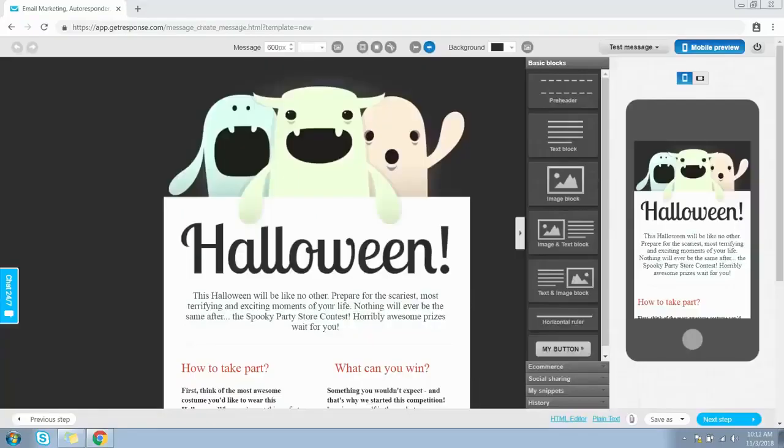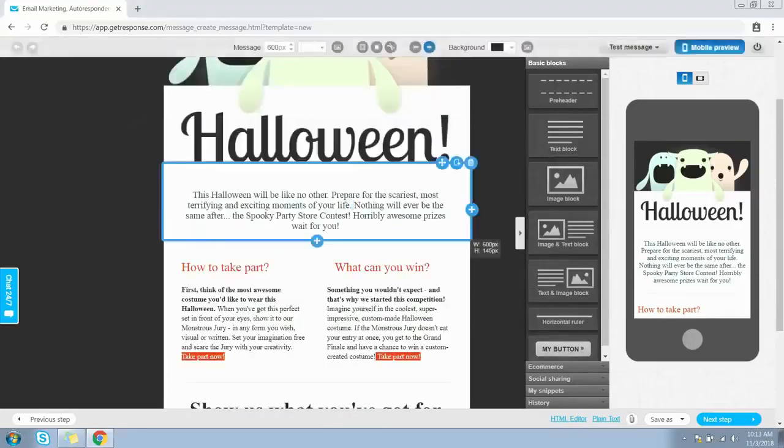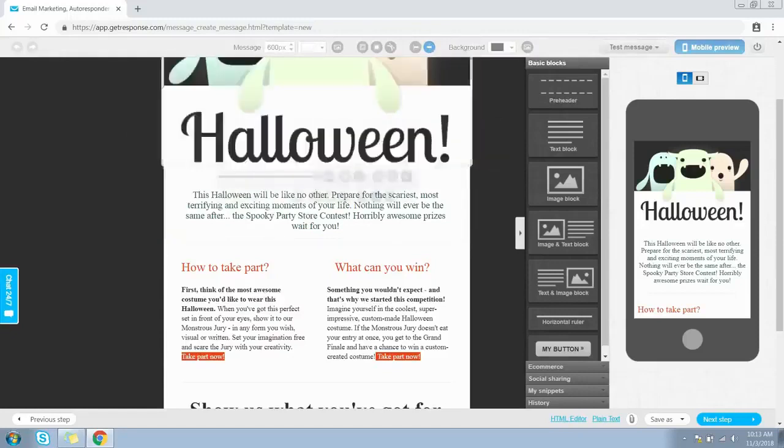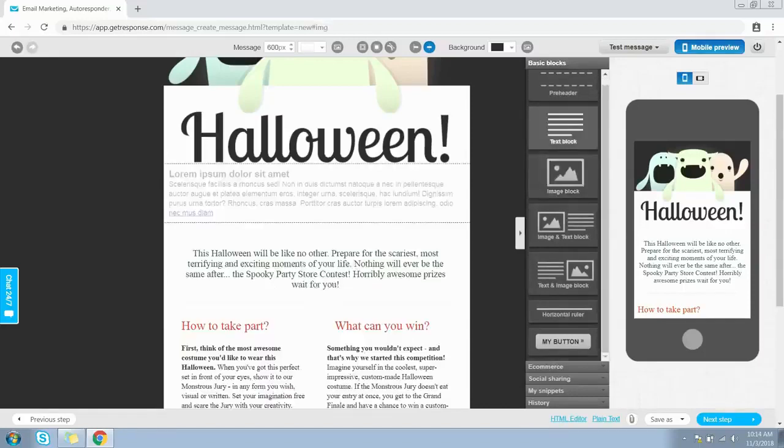Once you choose a pre-designed template, you will be able to add, rearrange and edit text and images. Use this sidebar toolbar to add more sections, social media sharing buttons. Just double click on any of the sections to edit the text or change the image. You can also drag and drop any of the elements that you want from this toolbar on the right hand side, like this.